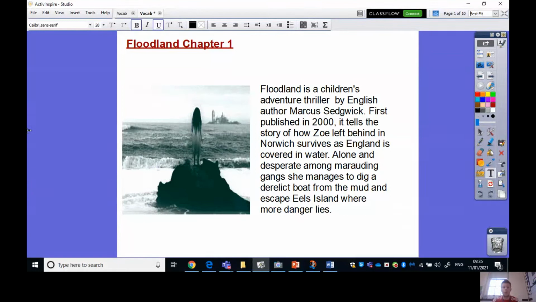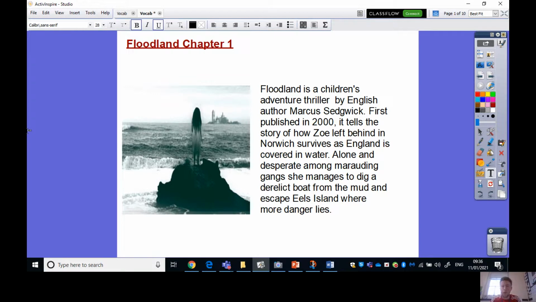Good morning, Year 5, and welcome to our latest study of a reading text. We are doing Floodland, Chapter 1 this week. Now, I know you're all quite familiar with Floodland from reading it with your teachers and co-teachers in your morning and afternoon briefings, but this week we're really going to delve into it and look at some questions around this